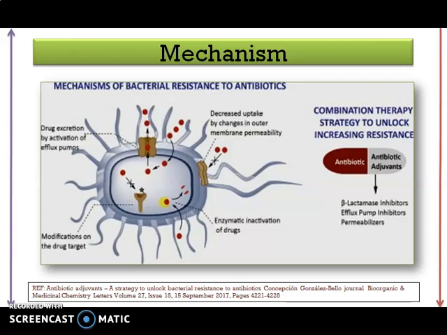So combination therapy is utilized to achieve that strategy to unlock the increase in resistance. So this picture will make you clear about the antibiotic entry, exit, and if it enters, how it is going to fail